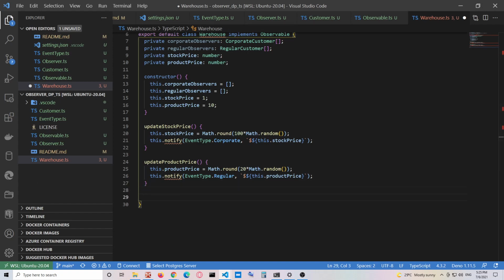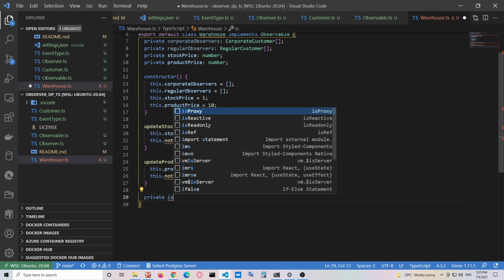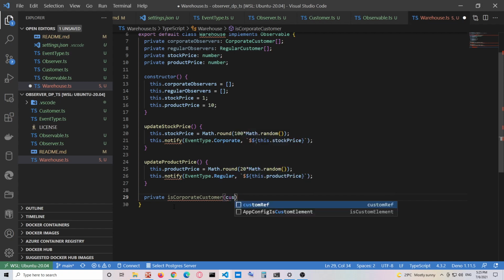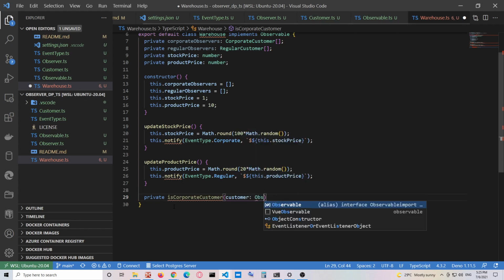So I'm going to test whether the customer is corporate or a regular customer. In this case, I'm going to define a private function. And why private? Because nobody else is going to test it or use it instead of the warehouse. So I'm going to name it isCorporateCustomer, and it's going to receive a customer of type Observer,